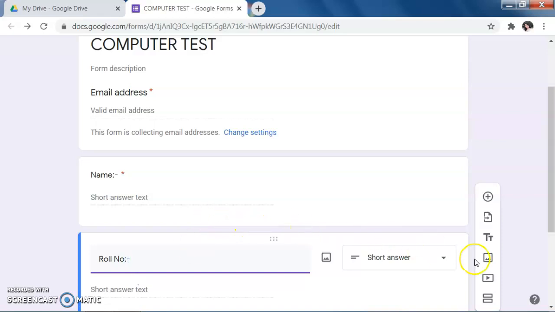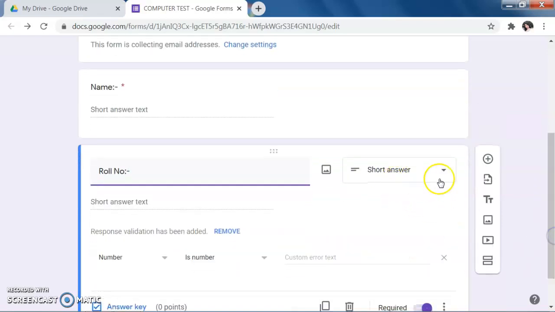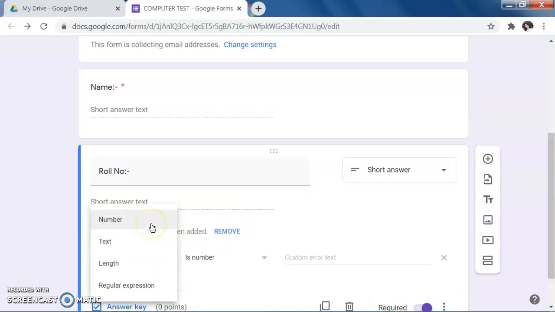and here also short answer type. And here is some response validation. Suppose roll number must be a number, so you can click over here, roll number must be number. If you want, you can go for this validation, otherwise you just remove this validation.